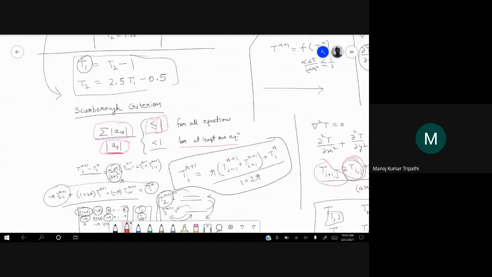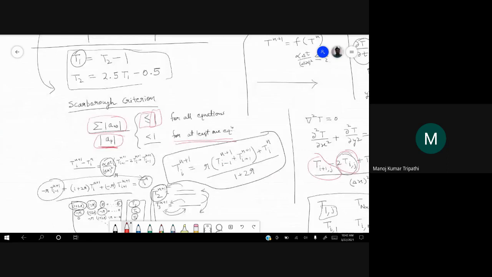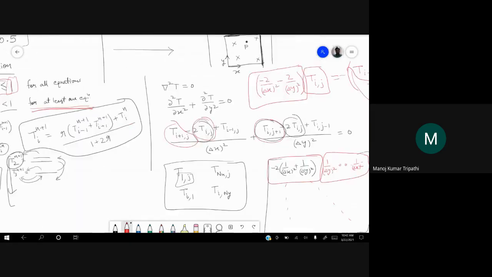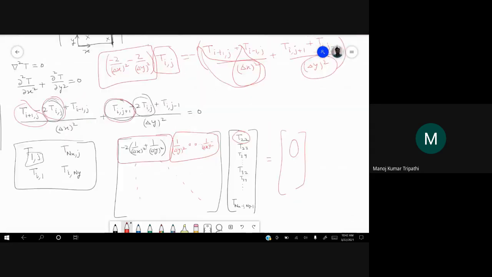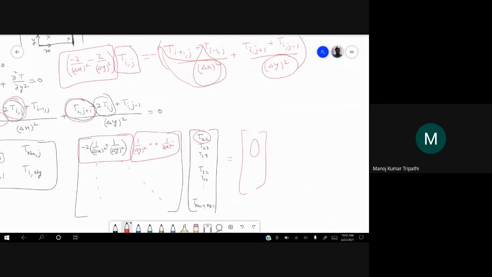But what about the other condition, that for at least one equation it should be less than 1? If this condition can be satisfied, then we can solve this elliptic equation that we have written like this using Gauss-Seidel method. So can you suggest if there is a possibility of satisfying that equation somehow for at least one equation out of all these nx minus 2 by ny minus 2 equations?